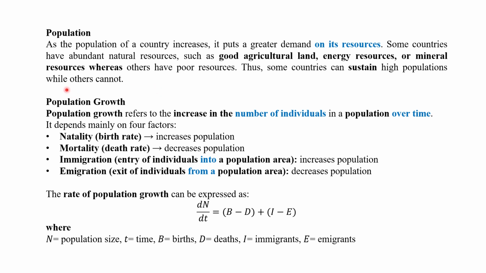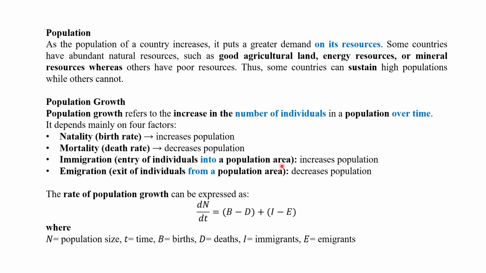So what do you mean by population growth? It refers to the increase in the number of individuals in a population over time. It depends mainly upon four factors. The first one is natality, birth rate, which increases populations. Mortality, death rate, where there is a decrease in population due to death, and immigration, entry of individuals